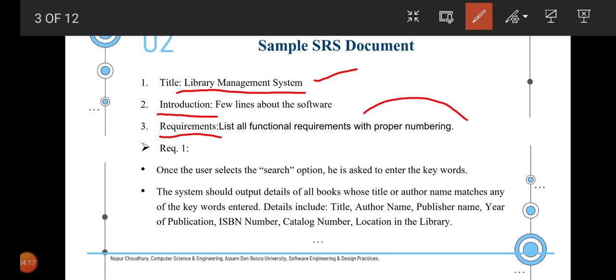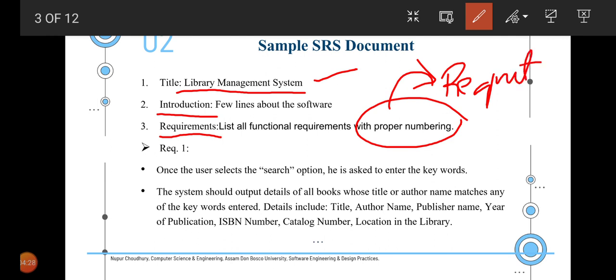Now this is an extremely important concept, because this numbering relates to which requirement we are taking care of, or which requirement we are talking about. So first, requirement 1. The numbering is already given, as you can see, requirement 1, and it states that once the user selects the search option, he is asked to enter the keywords.